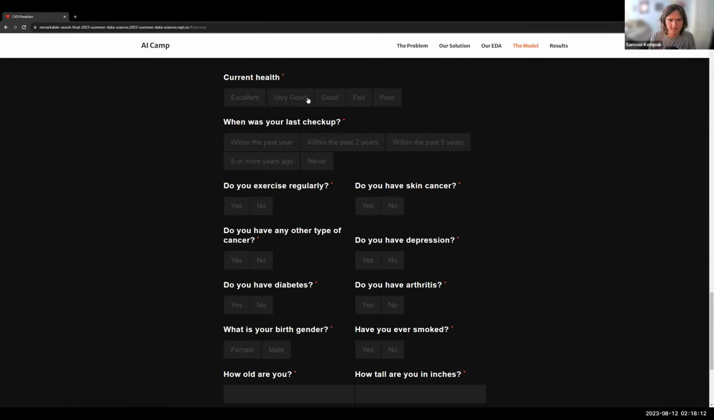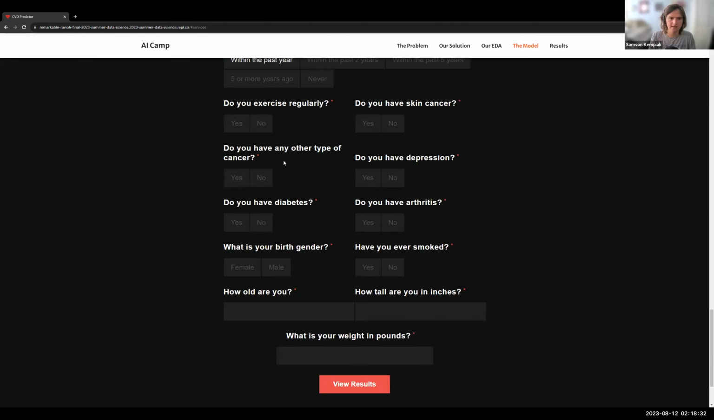So first, we're going to say they're going to have a good general health. They go to checkups constantly. One thing we saw that was very interesting with checkups was that with fewer checkups, you have a lower prediction of heart disease, which is likely, I would say, bias, because that's just due to the fact that there's fewer readings. Maybe they don't exercise very often, no skin cancer, maybe they've had other kinds of cancer, depression,